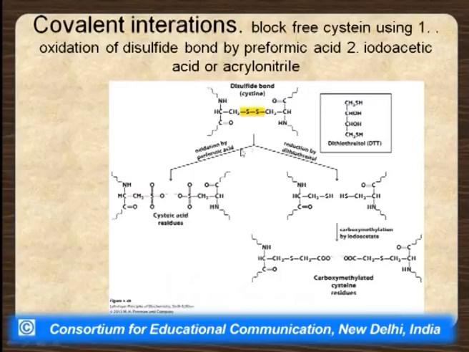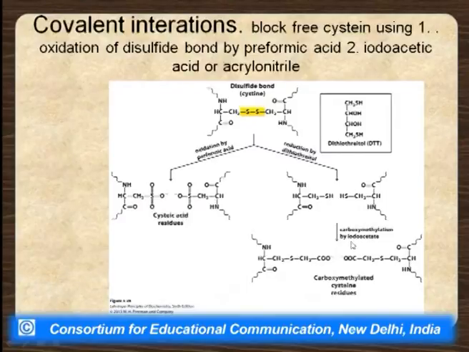The insulin structure per se, the first structure which was sequenced, also has two disulfide bridges. So, how do you take care of them? The disulfide bond, which is due to the cysteine, could be intra-chain or interchain. These can be blocked by two methods. In the presence of DTT, which is a reducing agent, we can block the cysteine, and now it is an SH group. Before that it was an SS bond, now it has become a reduced SH group.